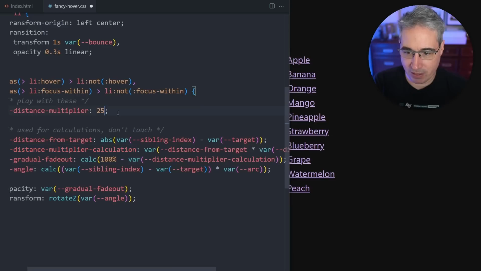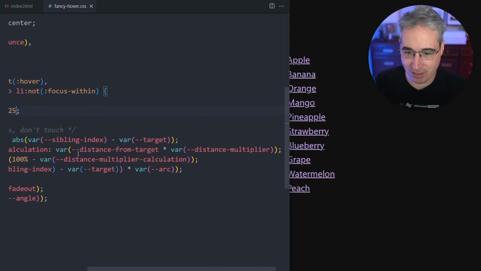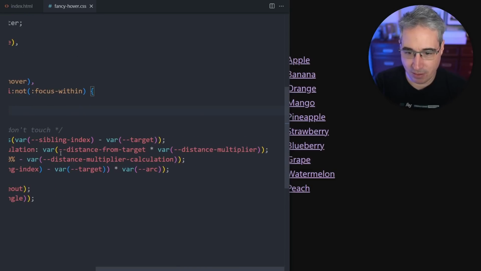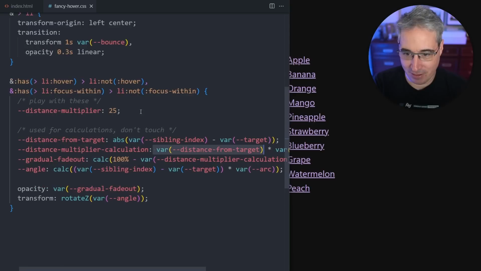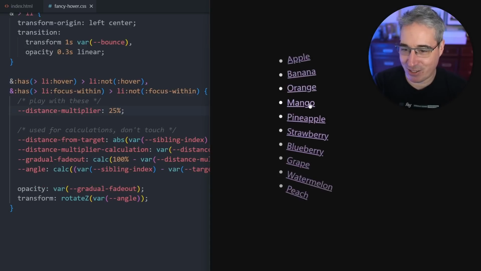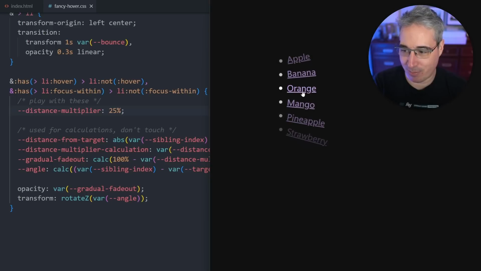100% minus... What if I just did 25? Oh, no. Oh, no, that's okay. Oh, it's here that times... Oh my goodness. Okay. I was doing the multiplication here inside of the var declaration there. So that's fixed. This can go back up to %. There we go. Okay, the 25 distance multiplier at 25% is making some of them like completely vanish, which